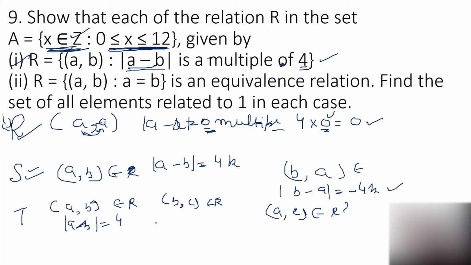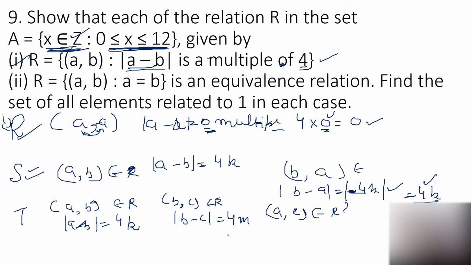That is equal to, actually this is minus 4K, which is equal to 4K only. So it's left, and which is the multiple of 4. Now A minus B is equal to 4 times K, and as B and C are related, it means B minus C is equal to 4 times some number, that let us consider M.